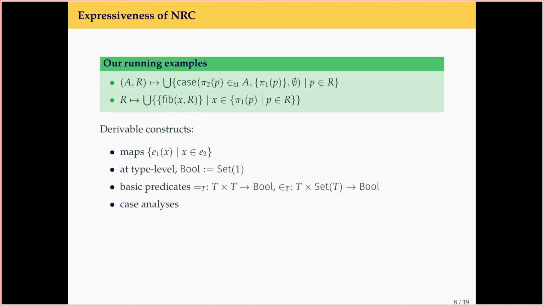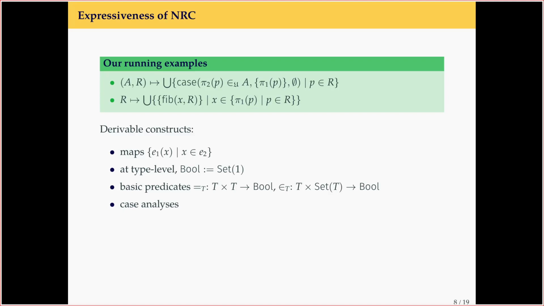NRC is powerful enough to encode our running examples. While I will not orally detail the formal expressions that you see here, it can be noticed that they use syntactic sugar that I did not give in the previous slide. Among these derived constructions, note the encoding of booleans in the type system using the unit and the set type formers. The syntax of NRC is then rich enough to encode basic predicates such as equality and set membership, as